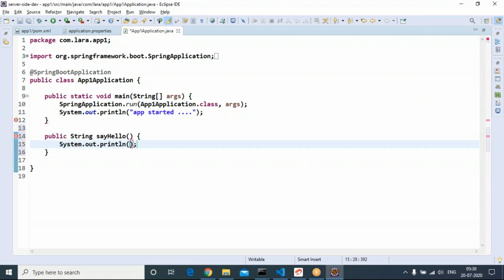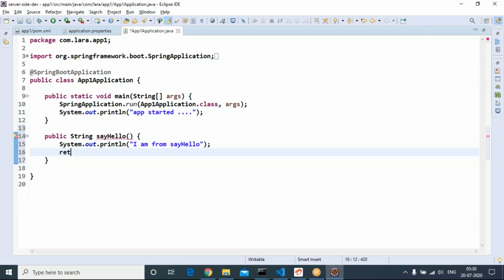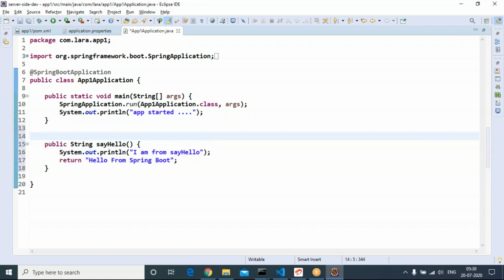You can keep even a SOP also. Return "Hello from Spring Boot". A simple API I'm developing.